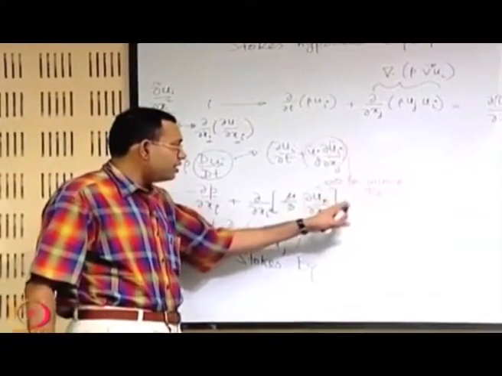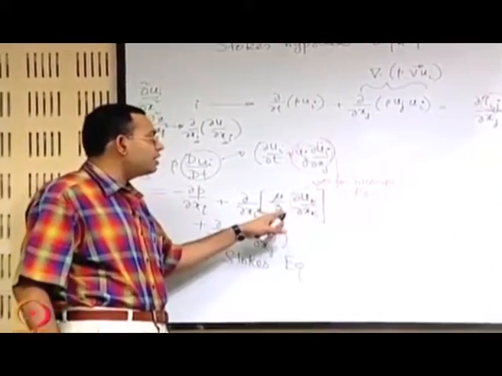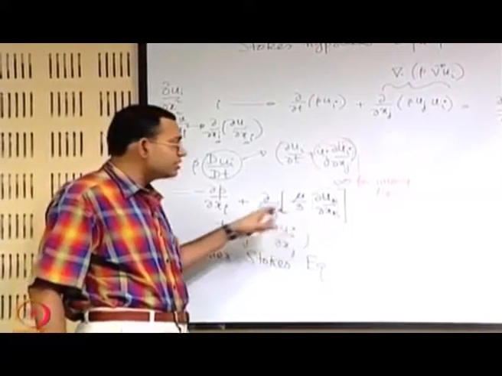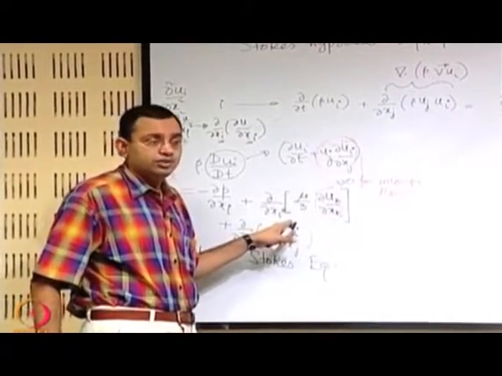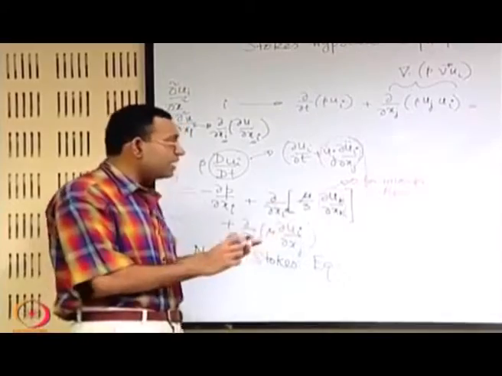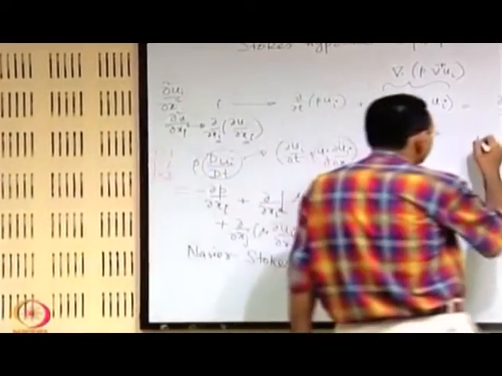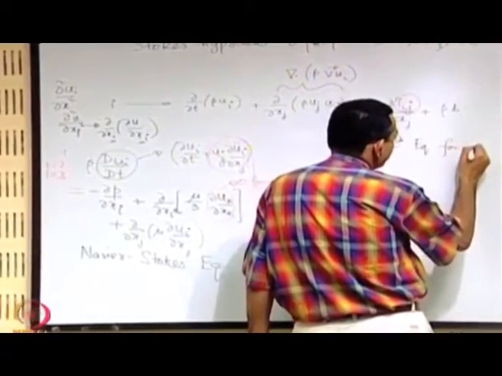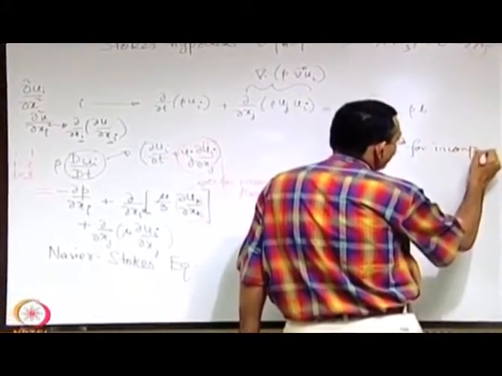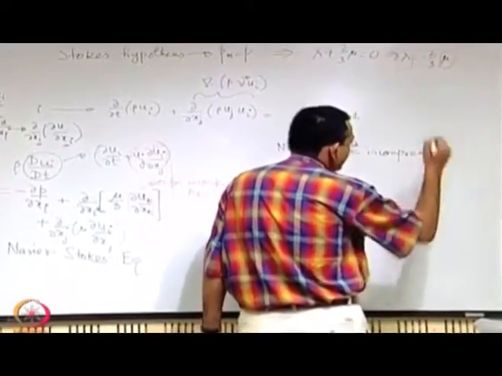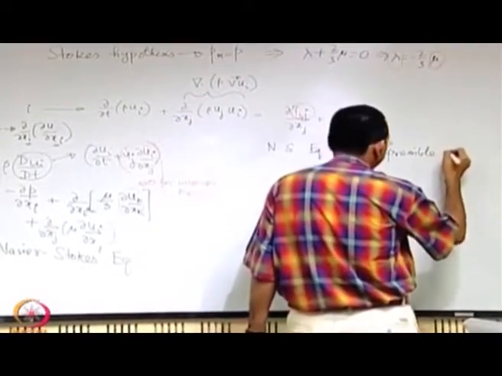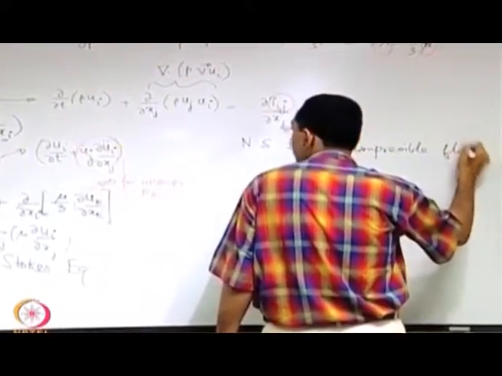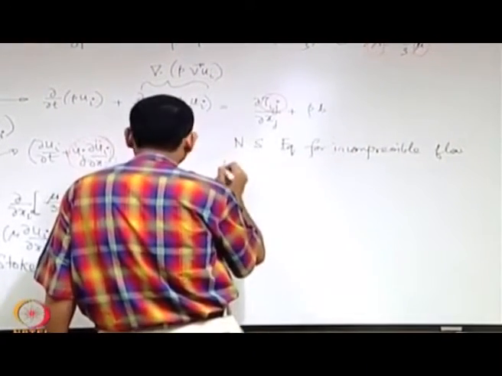So when you have the incompressible flow, it does not matter whether lambda is equal to minus 2/3 mu, this term is identically equal to 0. So then if you write the Navier-Stokes equation for incompressible flow, which we will be dealing with in our subsequent exercises, that will be rho